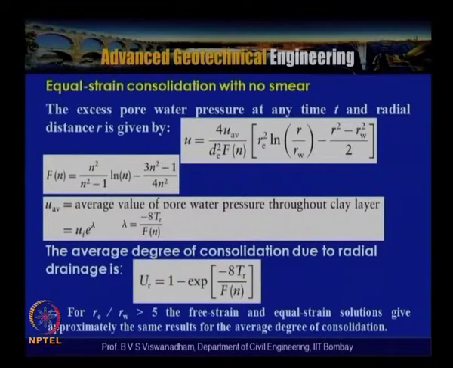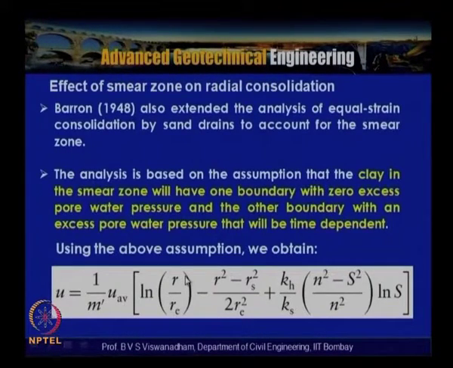Because of that, these equations are actually used in calculating the average degree of consolidation in the radial direction, for a given dimension or given layout. So, with that we can calculate the average degree of consolidation. After having obtained it, we can combine it with vertical consolidation, and then calculate the UVR, which is for both vertical and radial direction.